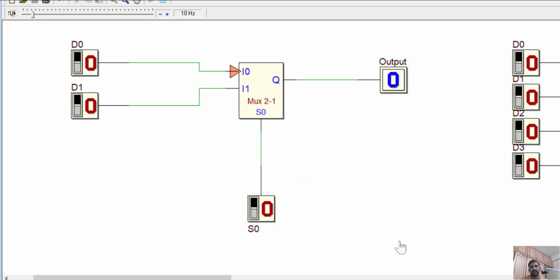Now we'll try to see the simulation of the 2x1 multiplexer. So this is a 2x1 multiplexer and these are my data bits D0 and D1, and this is my select input. If you look at the simulation here, the moment S0 is 0, you can see there is an arrow mark, that means this data line is enabled. So if I make D0 1, 1 will appear on the output side. If I make it 0, 0 will appear. That means when S0 is 0, the data D0 will be transferred to the output side. The moment I make S0 1, my select input as 1,